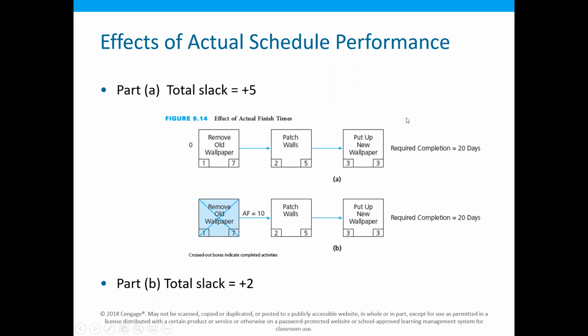So once the schedule is created, the schedule is created for the project to be started in the future, maybe 1 week later or 1 month later. But once you have started the project, some of the activities have started, and some of those activities have also been completed, this effect should also be reflected in the project schedule. So in this case, if we have, for example, over here,